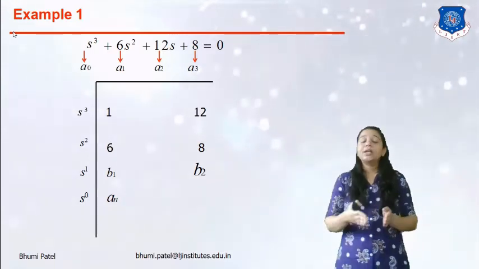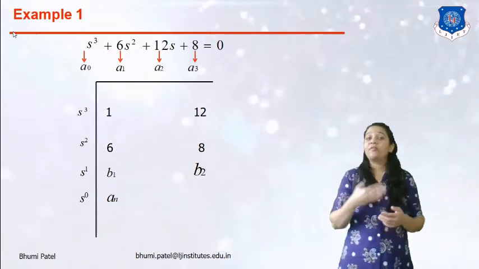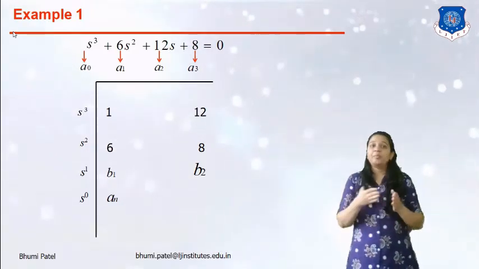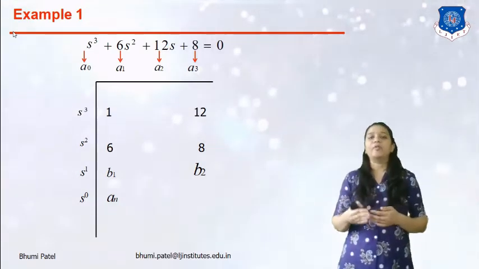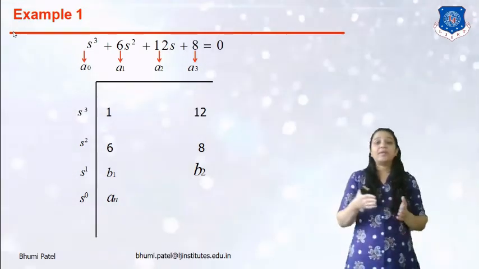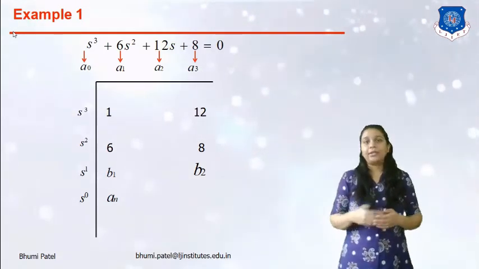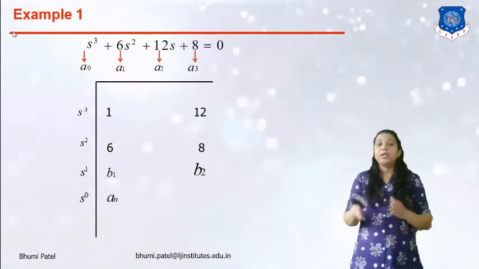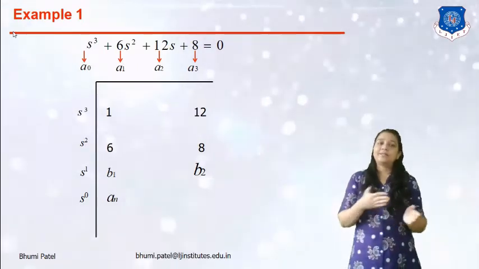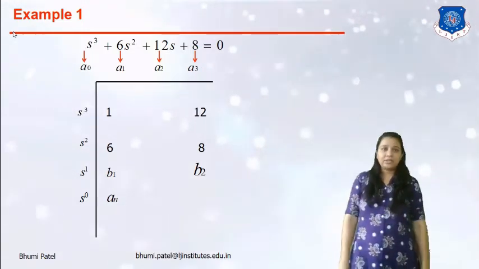So what is the condition for the stable system? A stable system always works on the BIBO system. BIBO means for a bounded input we get a bounded output. For the unstable system, for a bounded input we get an unbounded output, and the critically stable system does not work like the stable system or the unstable system.